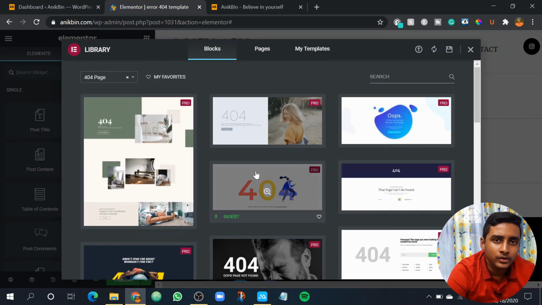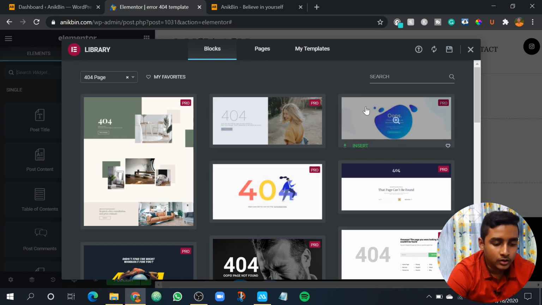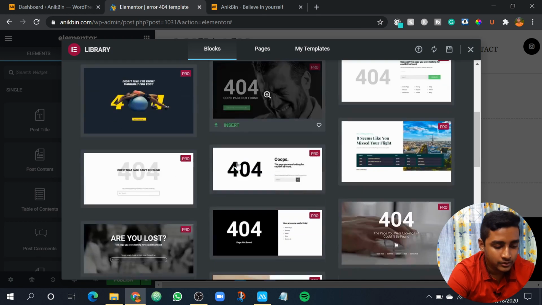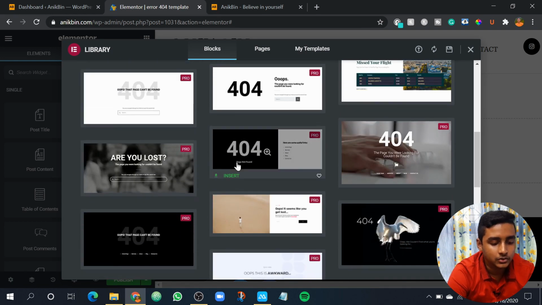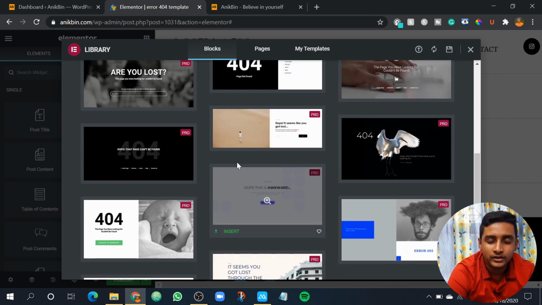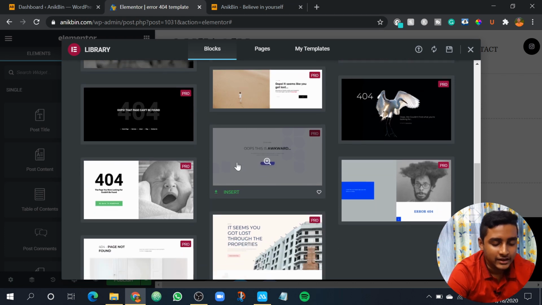Elementor is basically a free plugin, and their upgrade plan is Elementor Pro. These are all the templates available in Elementor Pro, but if you only use Elementor, you would not have access to these premium templates. And not only the 404 error pages, you can create a lot of different templates in Elementor Pro.